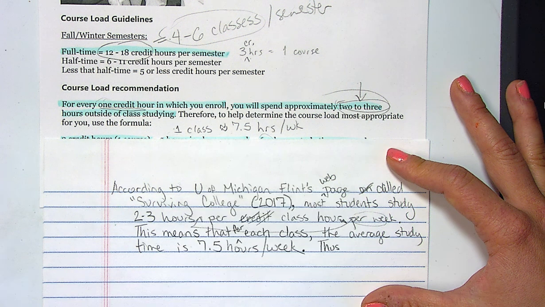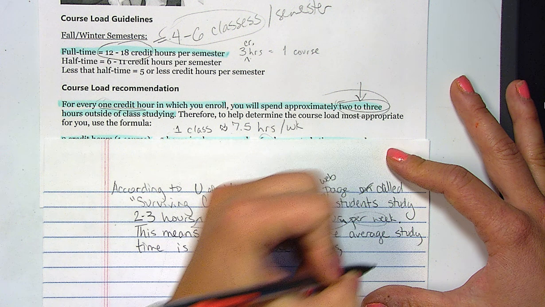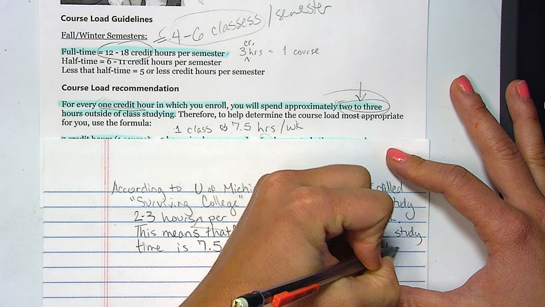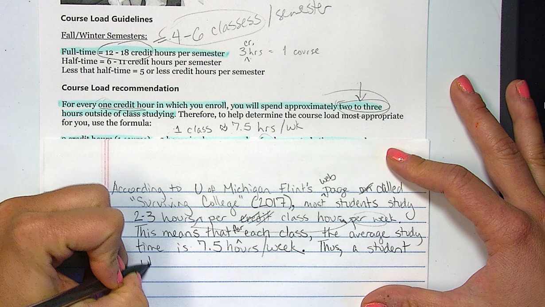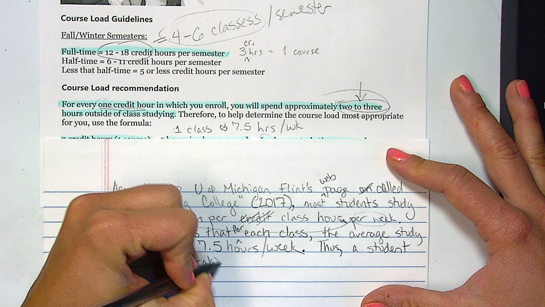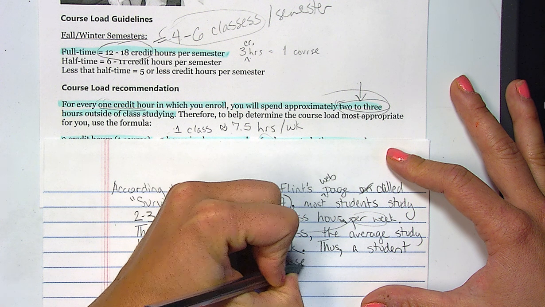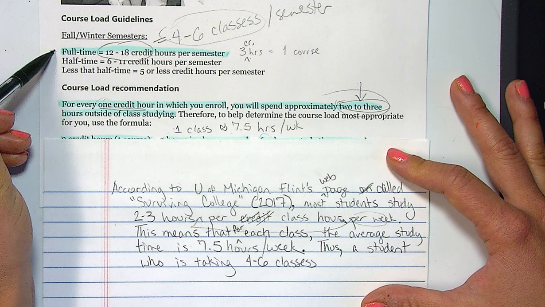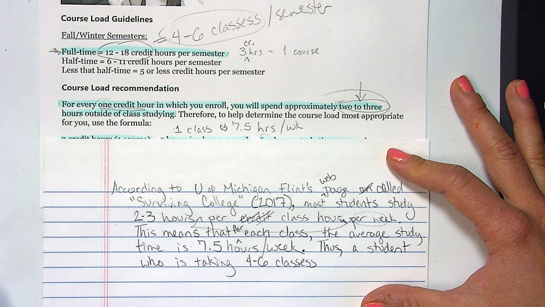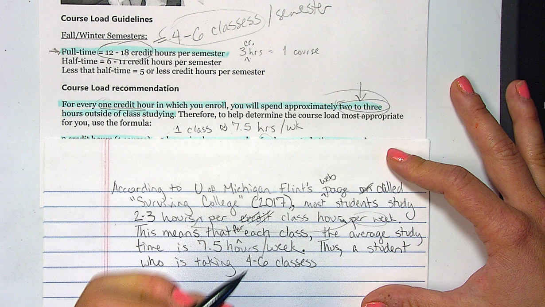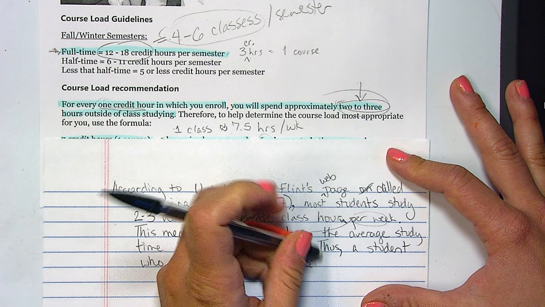Thus, comma, a student who is taking 4 to 6 classes, which is full-time, as we see in this study, as we see from this information. Maybe other schools have different credit hours, but as we can see, 4 to 6 classes is full-time at U of M. Thus, a student who is taking 4 to 6 classes, and I have an extra S here, so I'm just going to erase that, comma,